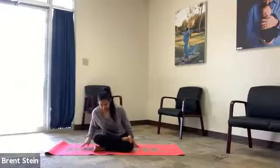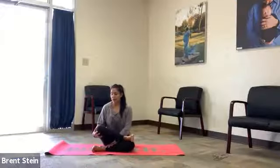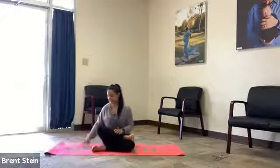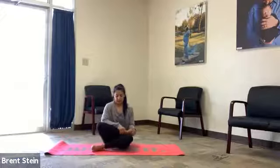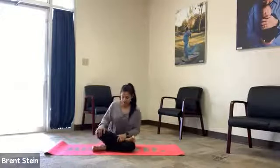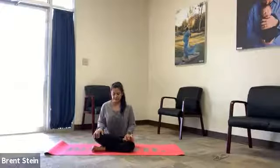You're going to stack this left leg on top of the right. If you have a huge gap here, not a problem. You can also take your mat and fold it, or a blanket to give it some support, or you can slide your foot out so that it can relax a little bit more. But if you're able to support it and release, let it go. Draw a breath in here, fingertips down to your sides or even on the thighs. And as you